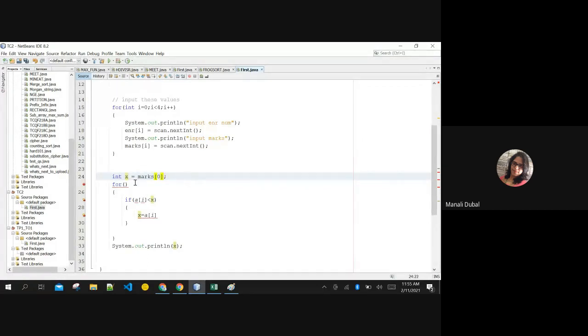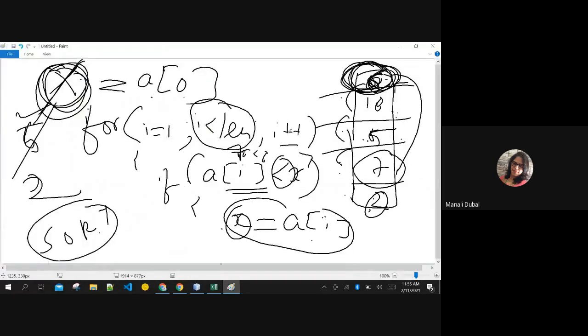Now I'll compare all the values starting from 1 to the length of the array, one by one. Mark my words, I'm starting with 1 only because the first element is already backed up in some variable. So you don't need to check this number against any number. You have to check from the second number, third number, till the length of the array, okay?